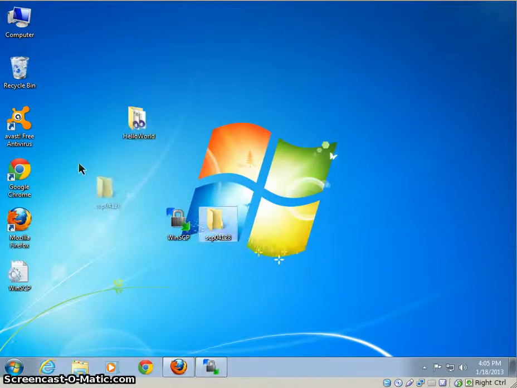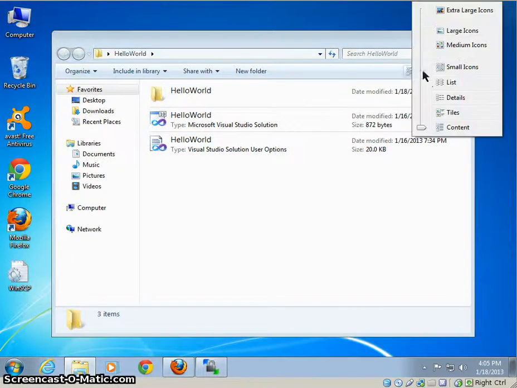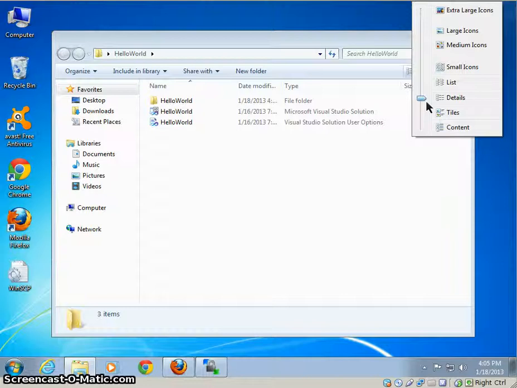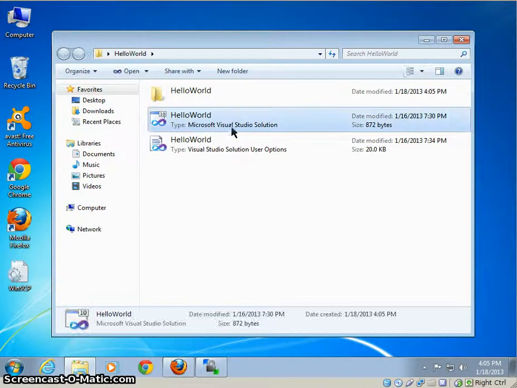So that was the ill-fated attempt, but the Hello World did copy over, so I'm going to just double-click that. And my view here, just to show you my view, I have it on Content View. Probably yours is going to be on either List or Details. So I switched over to Content. It gives you a little bit more of an informative idea of what's going on. And remember, the solution file is what we want to use to start up our project. So I'm going to double-click my solution file,